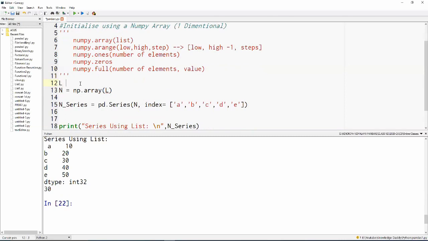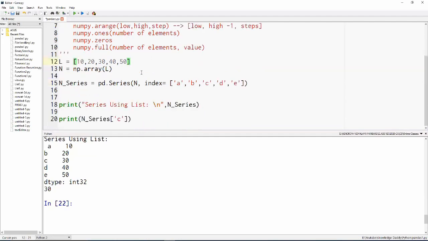I accidentally deleted the list, and that's why there was an error in the program. So we can use any of the 5 methods of a numpy array and create a series using that.